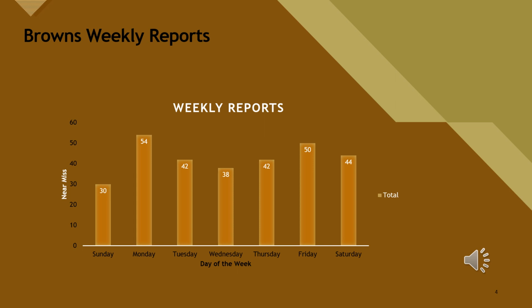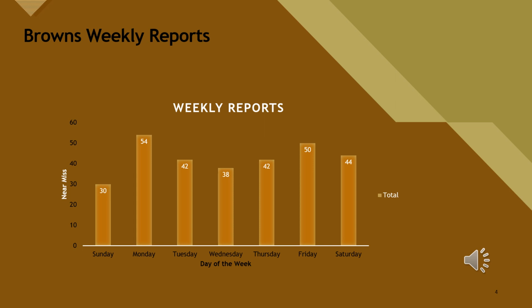The weekly reports will show you what days of the week they have the most incidents being reported. This will show you where the problems lie in their day-to-day work. So the weekly report system has some potential in telling you where the problems might lie. Now looking at this graph, you can tell that the Brown weeks show some peaks of higher reporting happening at the beginning of the week,